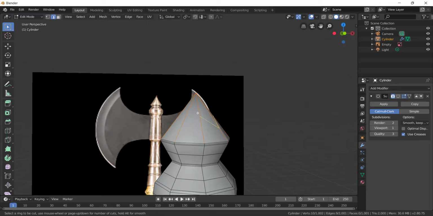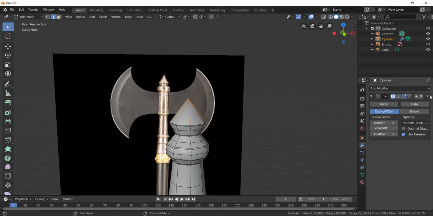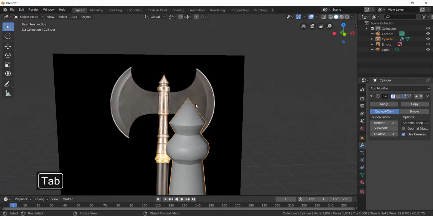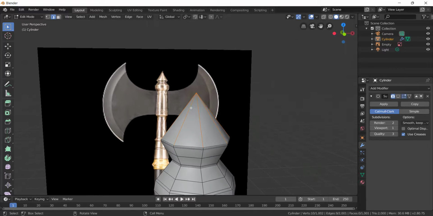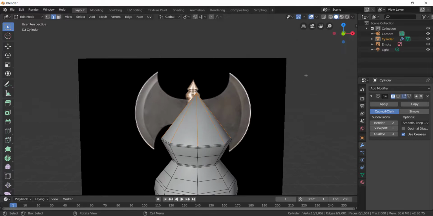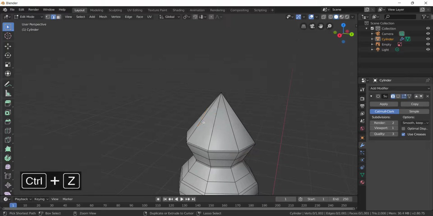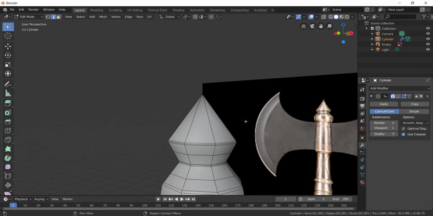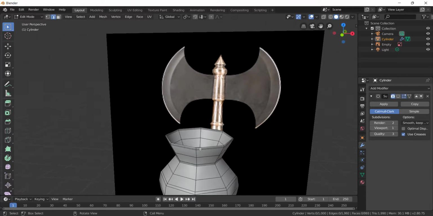Okay, it is not connecting because we have merged it. So you can just simply remove the merge if you want, or you can just leave it like this. It will be fine. Okay, maybe we can do one thing. I will delete the vertex. Okay, now